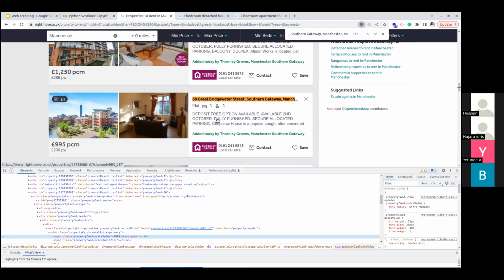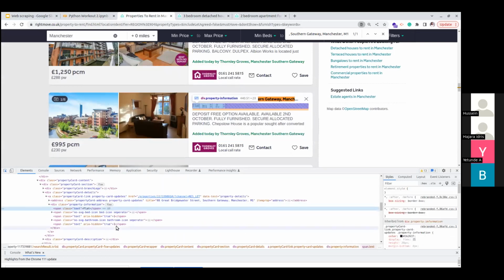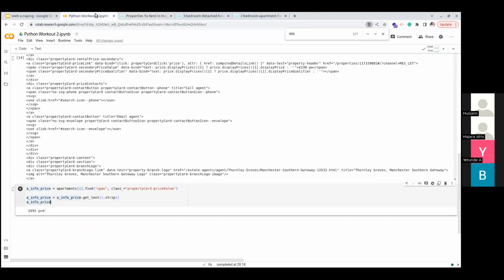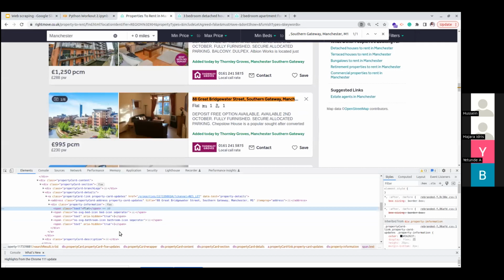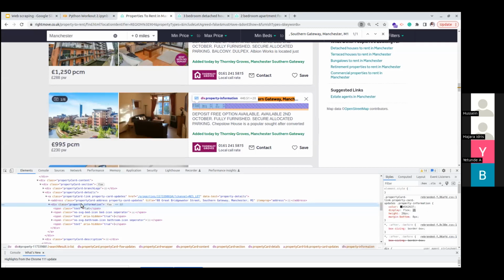The info of the house is, what I mean by that is, the kind of house it is. Let's say house type. So don't let me call it info. House type. So let's use this to check what property it is. So flat, right? So let's try to see which is inside text. Well, the span is inside text flat, right? And it's inside a div class. It's inside a div class that has property information. So let's check property information.